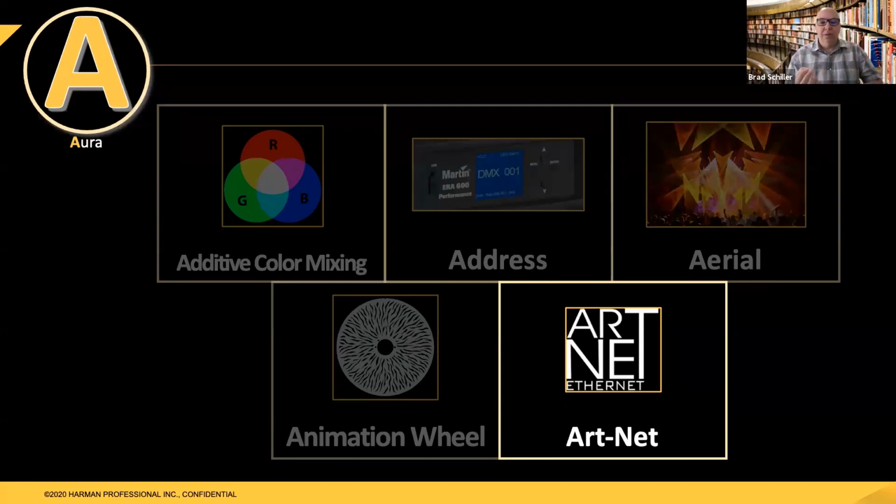And when it first came out, it worked with only 40 universes of DMX. And that was a lot at the time, when most people were using 1 or 2 universes, maybe 4 on a really big show. And now they have the ability to have 40 universes on one line over Ethernet. And that was pretty amazing in 1998. Nowadays, you can do over 32,000 universes with ArtNet. Really exciting. They've updated it a lot over the years, and ArtNet is a real solid system, again, to distribute DMX over Ethernet.